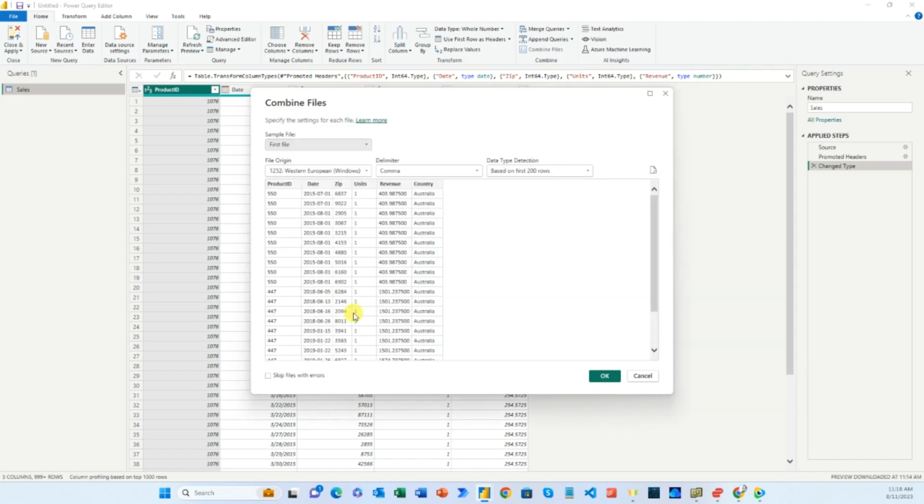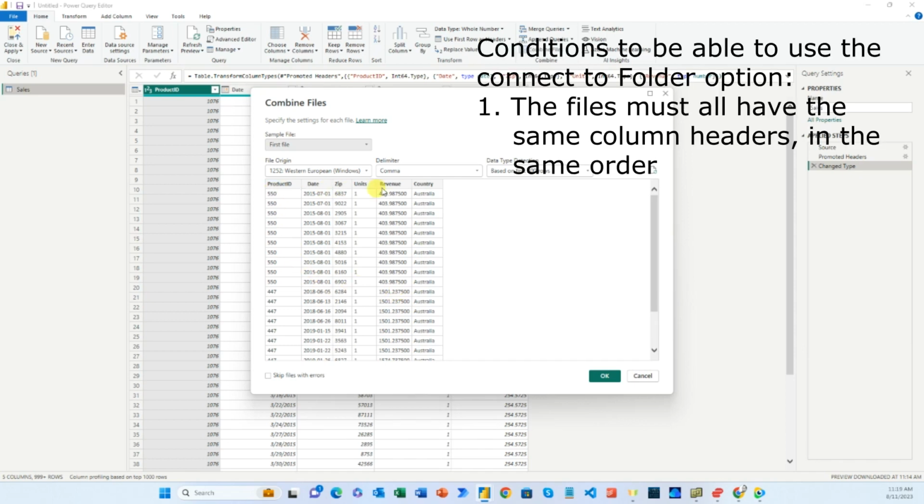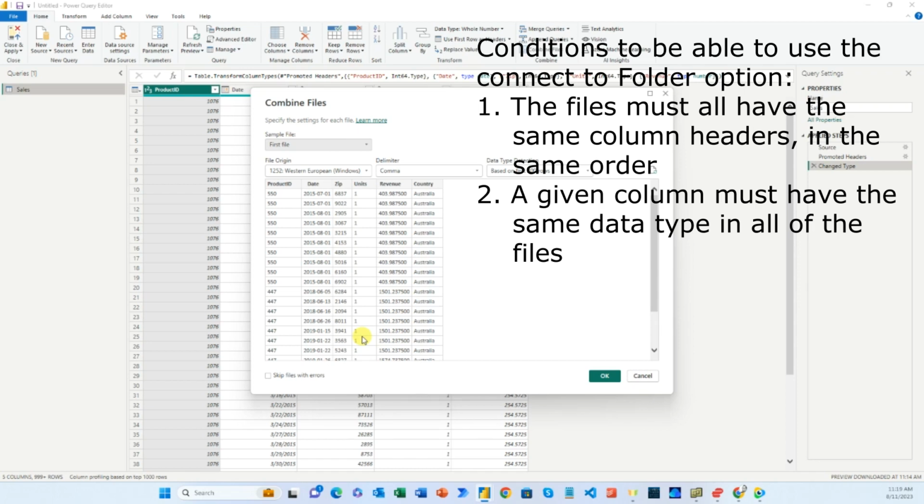So what it's showing me here is a preview of, as it says here, the first file. So it just finds one file in the folder and treats the structure of that as a template for working with all of the other files in the folder. So they do have to all be the same structure. Got to have the same headers, and within each column the data type has got to be the same in all of the files in the folder. Okay, so I say OK,